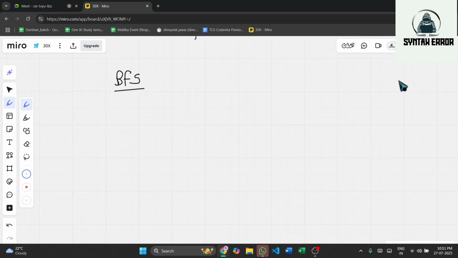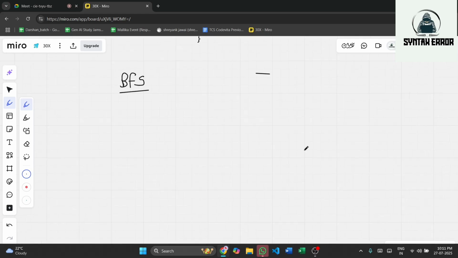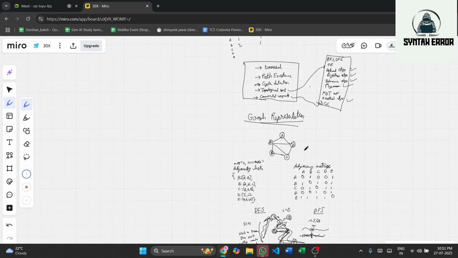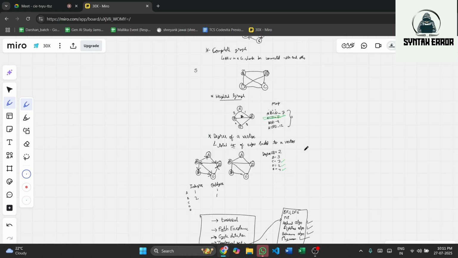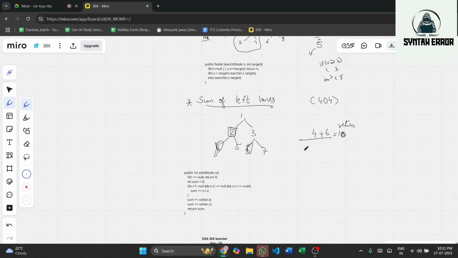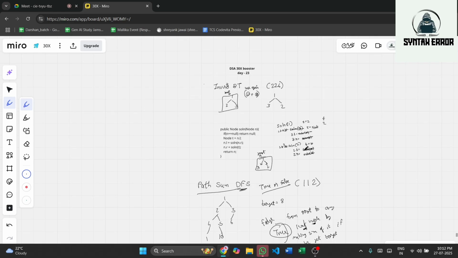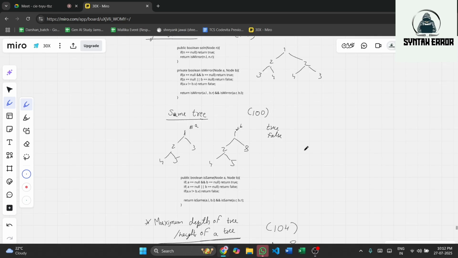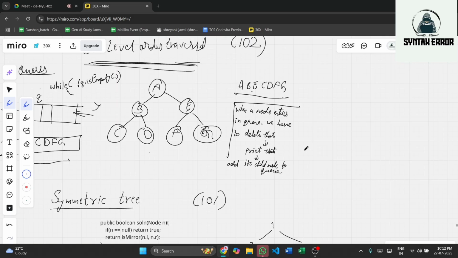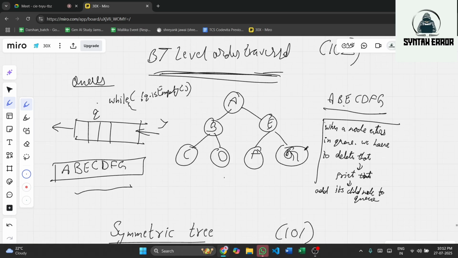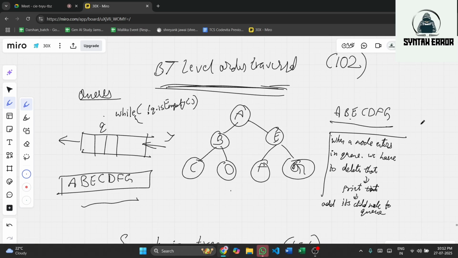Okay, in BFS, we'll take the reference of what we did previously for trees. We used our queue, right? The same approach we will use for BFS in a graph also.